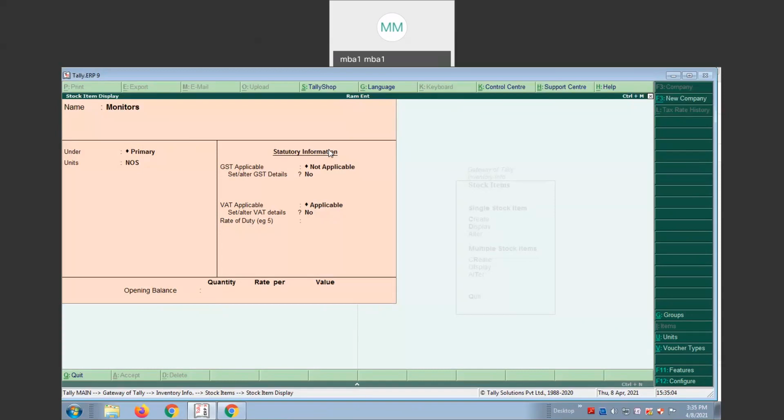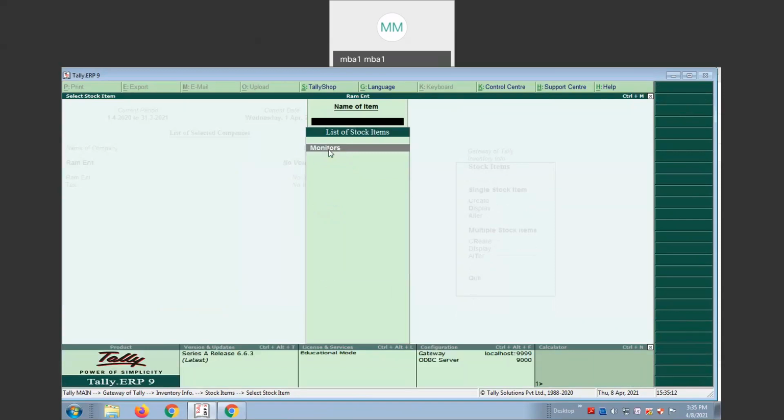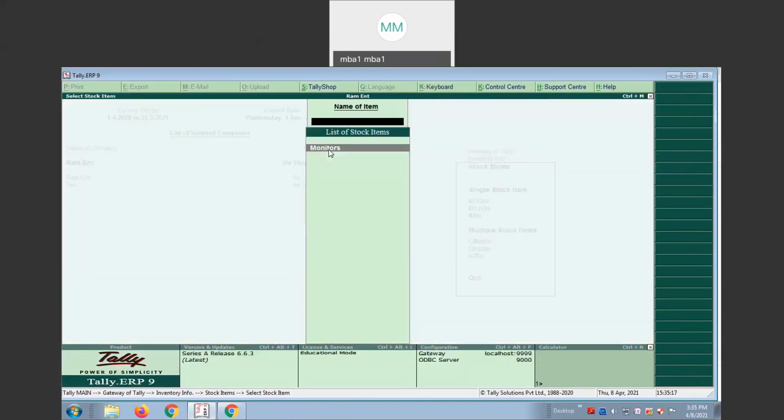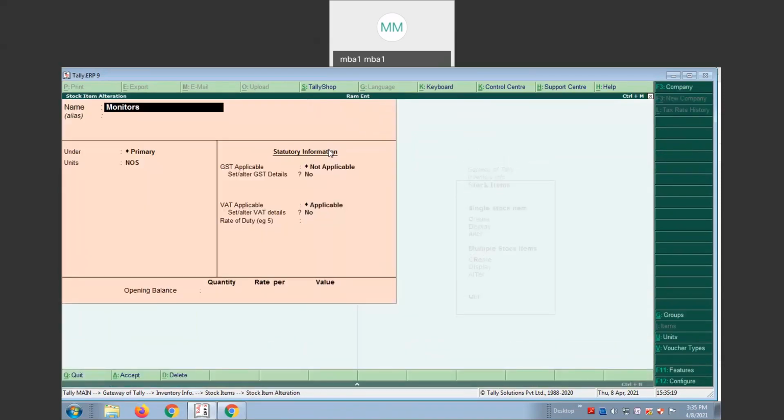Applicable, yes. Set or alter value added tax, yes. Alter. You are asked this question for monitors.